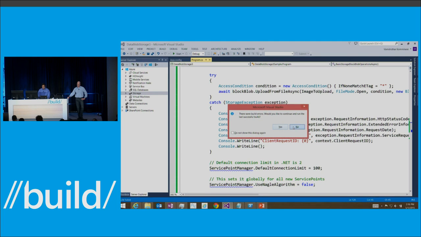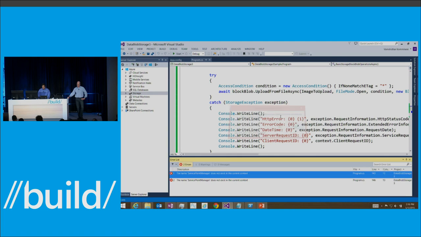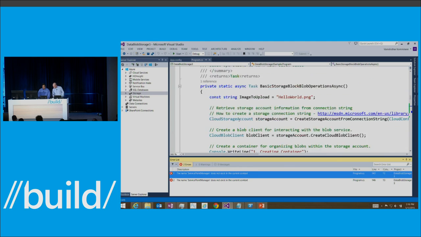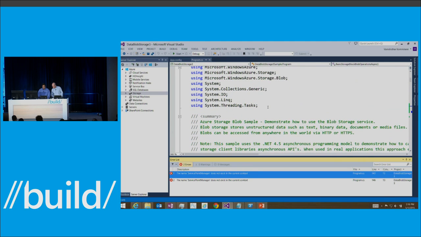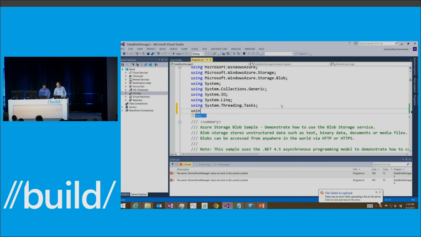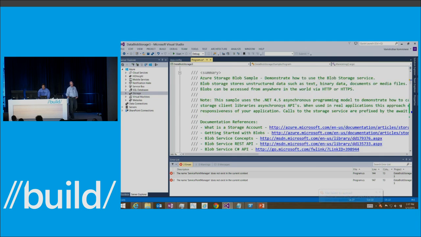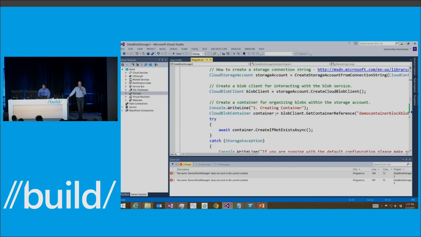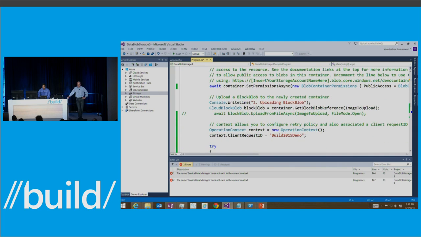Let's see where we are. So I forgot to add a reference here. And what that was doing, basically, even though it's in sort of the wrong place here,